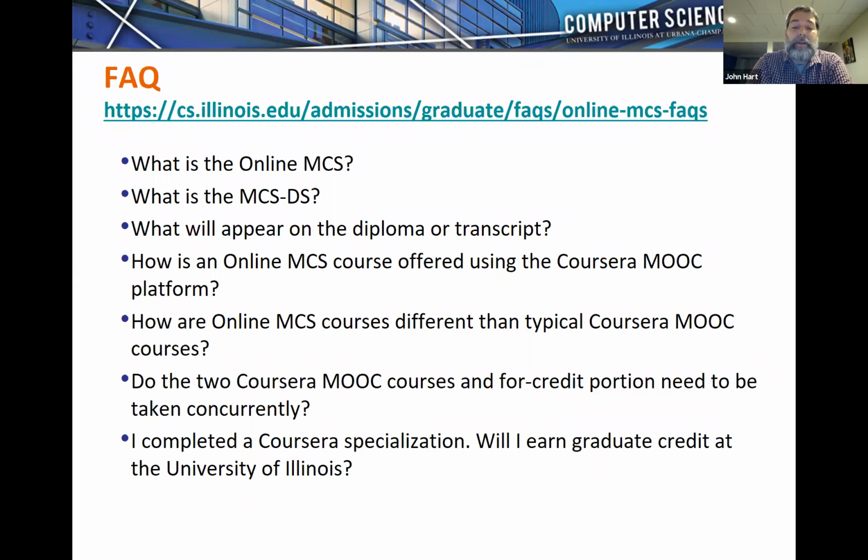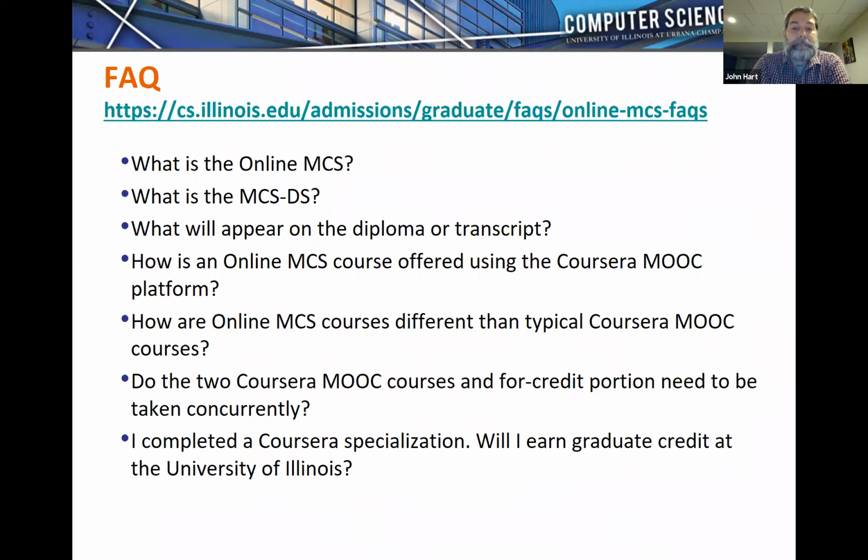You don't get a degree credit for that, but that does prepare you for a proficiency exam that allows you to basically test out of data structures if you don't have data structures before, but that does not give you any university credit. You do get university credit for completing the private courses that we host on the Coursera platform that are only available to enrolled and registered students in the program.